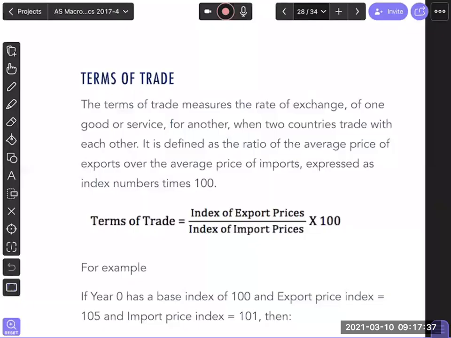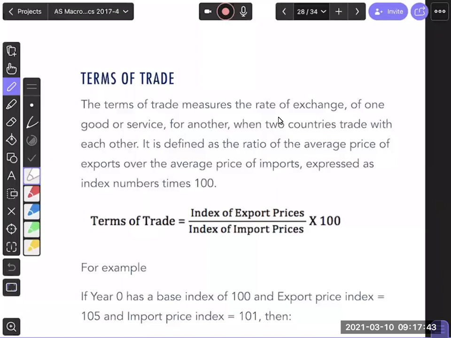So guys, terms of trade is a term that we use when we're doing our discussion on comparative advantage. We say terms of trade is also kind of like exchange rate. It tells us the rate of exchange of one good to another. And we express terms of trade in terms of price of export and price of import. So if you look at the formula, terms of trade is index of export prices over index of import prices